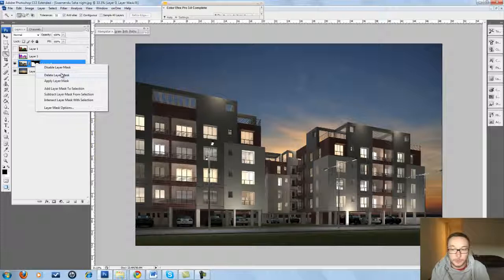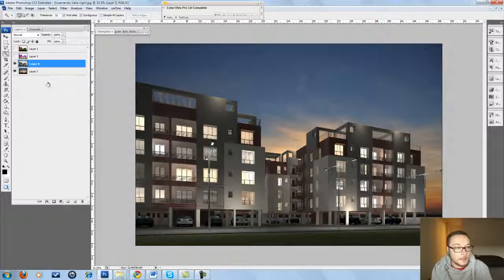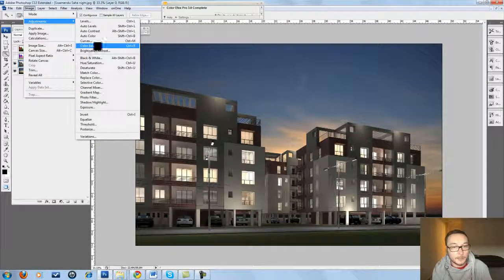I think the alpha channel will do the work. Or just use PNGs, render PNGs, and you will get your building without any background, and you won't have to mess with isolating and stuff like that, right? So apply layer mask here, and the next thing you want to do is to correct